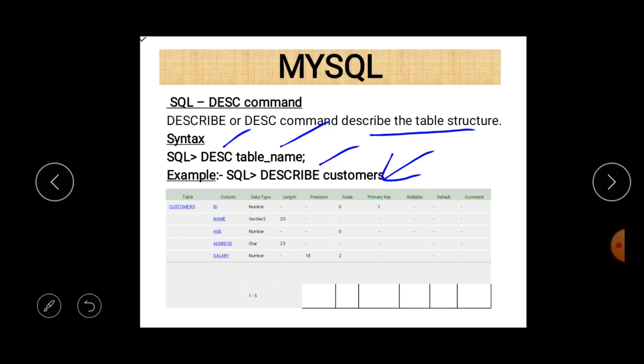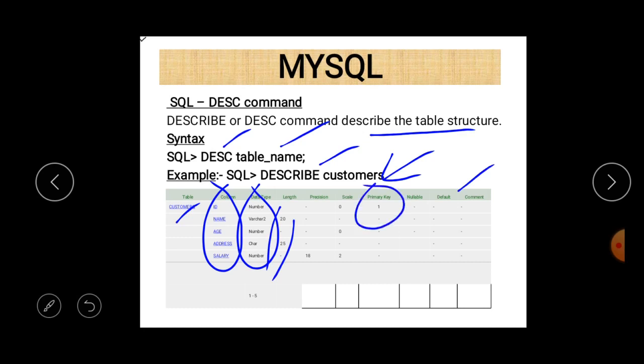You can easily see that this is the name of the table, customer, and these are the different column names of the customer table, the data type related to each, then length, precision, scale, parameters, and default values if there are any. It also shows the primary key, so ID is the primary key.